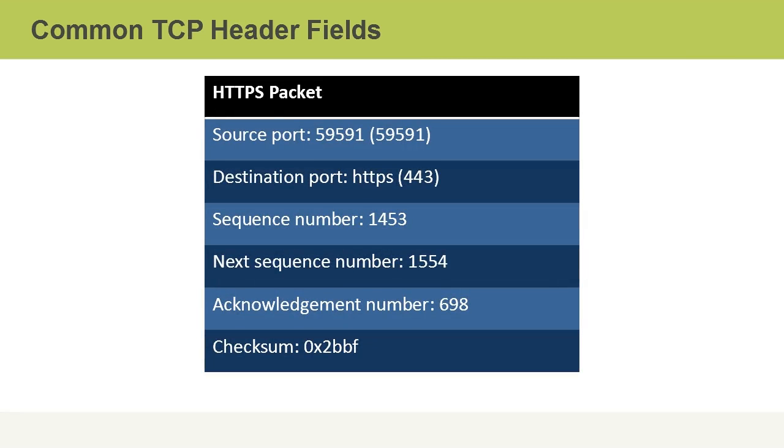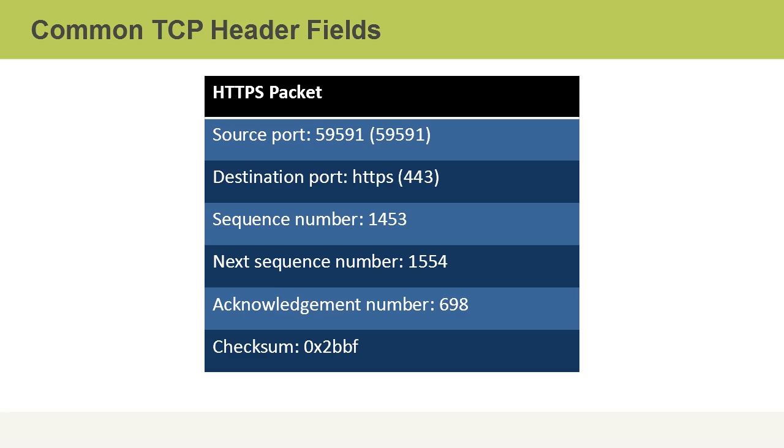Common TCP header fields include things that we might see within an HTTPS packet, such as the source port number. Now notice in our diagram, the source port number is 59,591. That's a pretty high-level port number, whereas the destination port number is HTTPS port 443. What this is telling us is that this is a transmission from a client web browser to a secured web server. Because secured web servers listen on port 443 but communicate back with clients on a higher level port, in this case